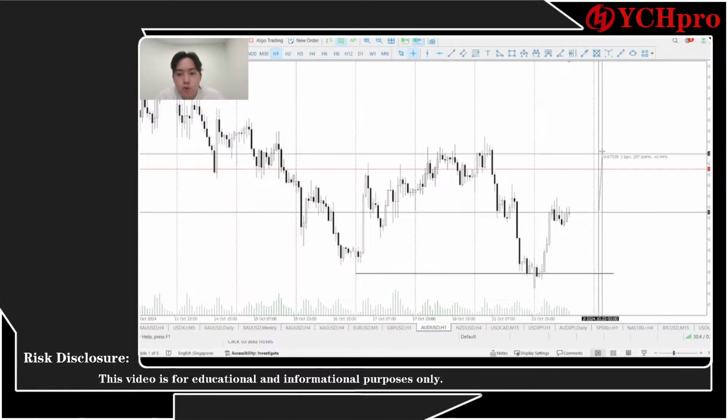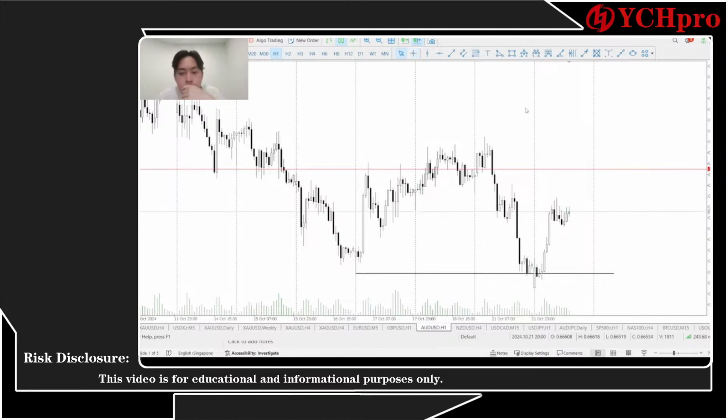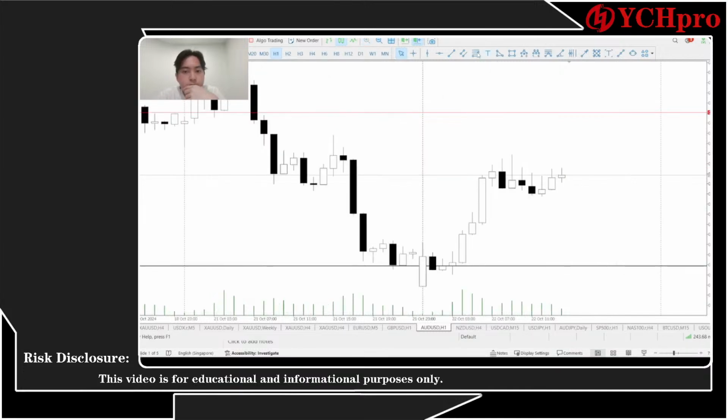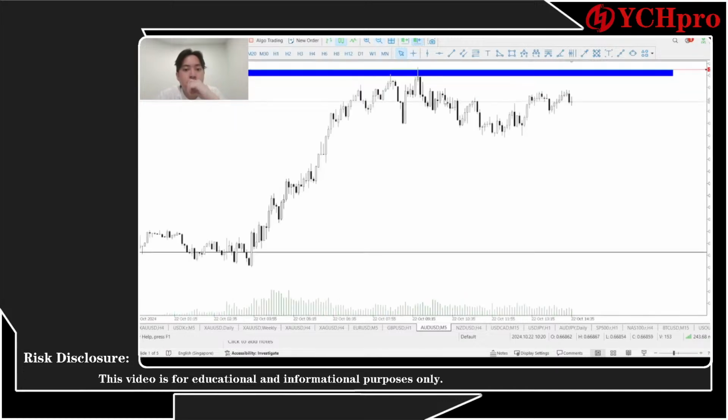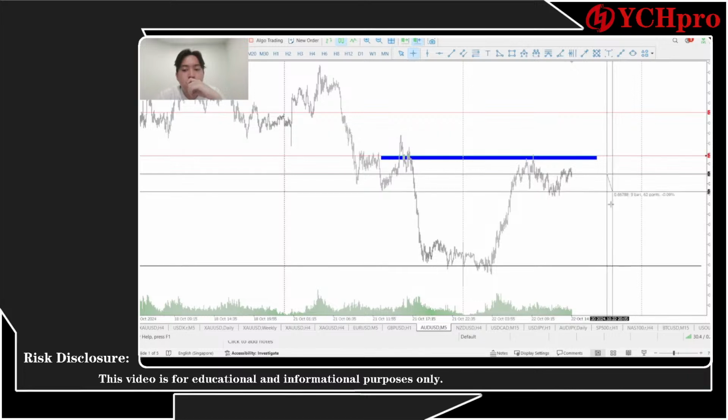We could do shorts from here and put our stop loss below this high if we wanted to. Hmm, this is a tough one. Let's see how the price reacts. Right now we can see the price is forming this kind of situation here, reaching back to this 50%. Really nice, 50% back after reaching on the low, going back on the 5 minutes, manipulation, displacement. We can try to do shorts from here and try to make it on this side.